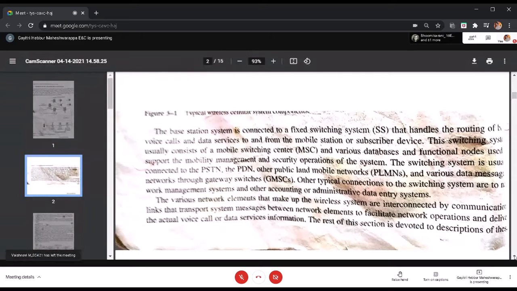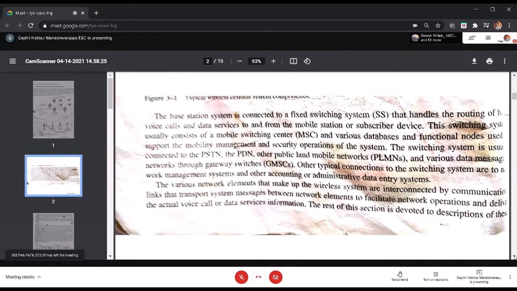One is transferring the voice call and receiving the voice call, and data services, okay, which is connected to the internet. And third one is the SMS service, and also you have supplementary services. So let us see what is supplementary services. Supplementary services means it will support or enhance the voice calls. The examples for the supplementary services are call waiting, call forwarding, call barring, conference call, okay, and it will also indicate who is calling, call identification, caller ID. So all are supplementary services.